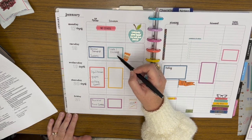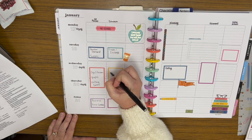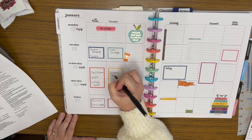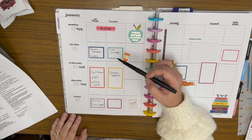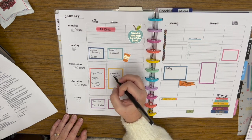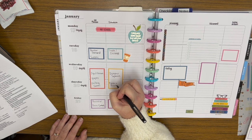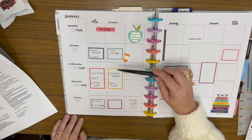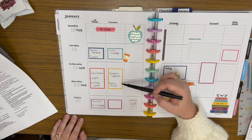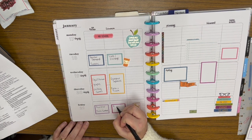So we've got trade and exchange, and then we'll talk about economic systems. This is something I can introduce Tuesday and have them work on while I'm gone. And then they can also learn about public versus private goods and services while I'm out. So that's not a bad time to be out with those things, because those are things that would not be overly difficult for them to understand without me. So then Friday, we will do an activity where we will review